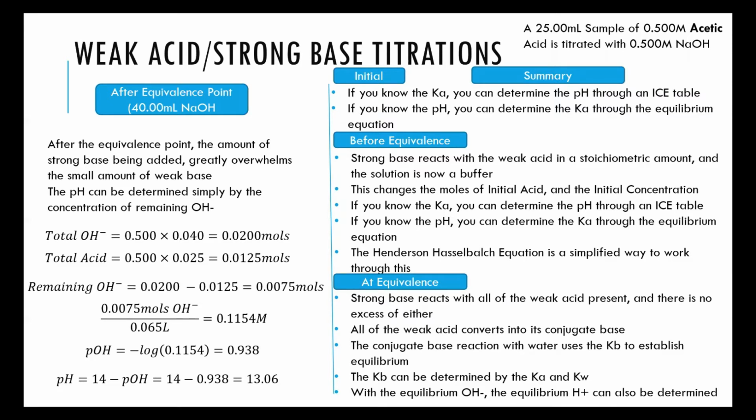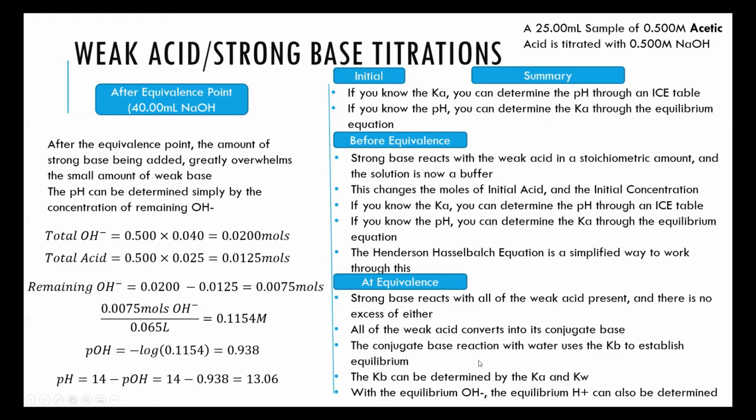With the Ka of the weak acid, you could solve for the Kb of its conjugate base, and then determine through another ICE table what the equilibrium concentration is of the OH minus,